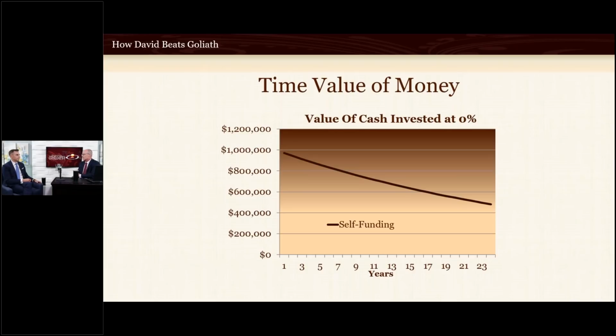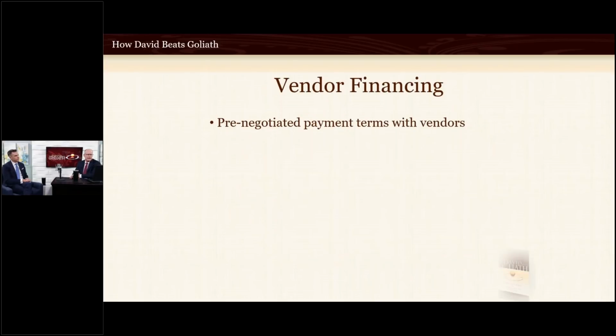What kind of house could $1 million buy 25 years ago? Right. A pretty big one, I think. Even in most markets. And now a $1 million house in San Francisco is a 2-bedroom shack, if you're lucky. So there are hidden costs, and as you know, I have a YouTube playlist and also a webinar on the 9 hidden costs of self-funding your case expenses, which we can get into in more detail if you want. All right, let's move on to vendor financing.